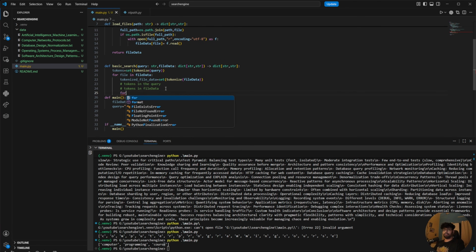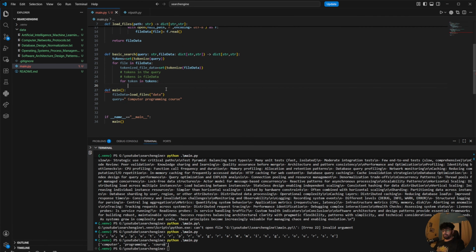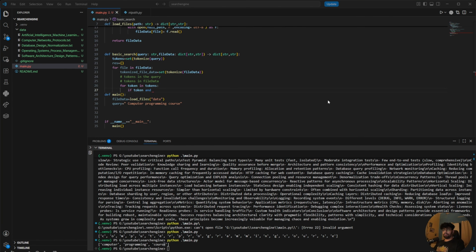We'll optimize it after that. So for token in tokens, I need to make a result dictionary as well. So result, if token and, so what we are going to do is token and